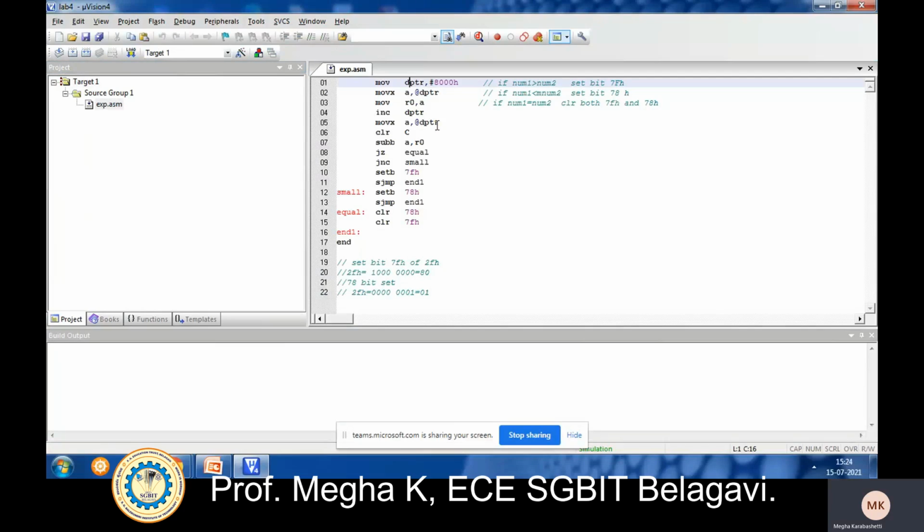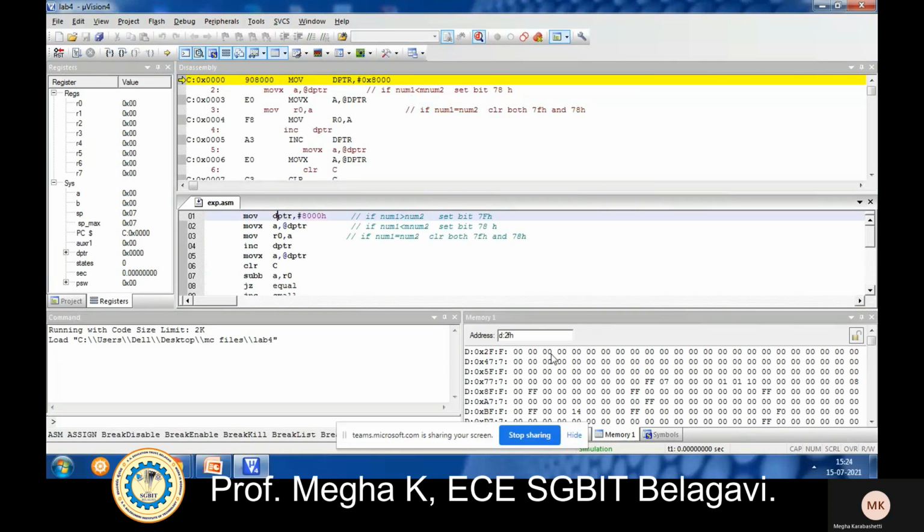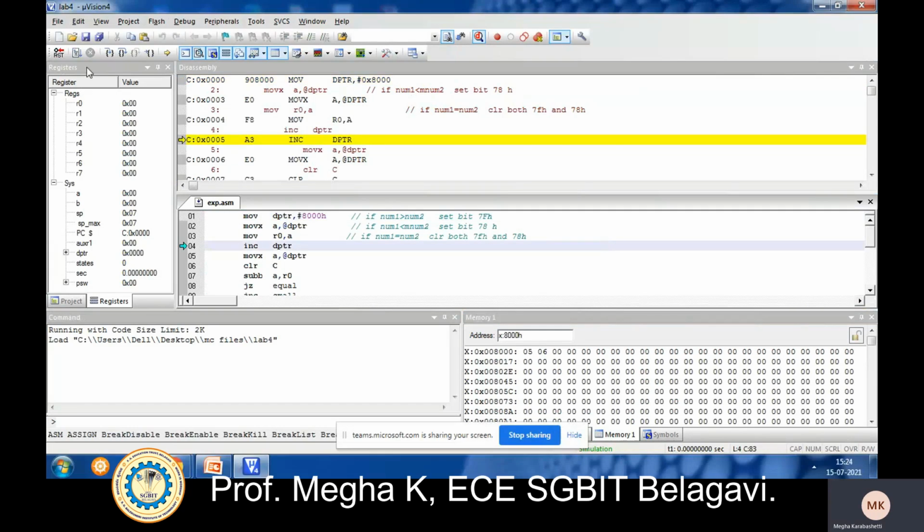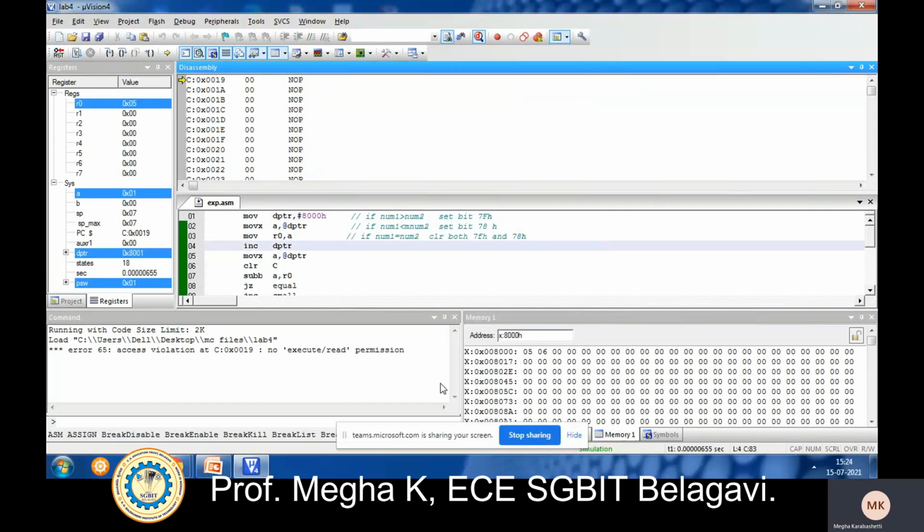This is our program; I'll execute this again. I'll give the values X colon 8000H. Enter. Here I'll give 5 and here I will give 6. Now run the code. Now I'll find the result in D colon 2FH.